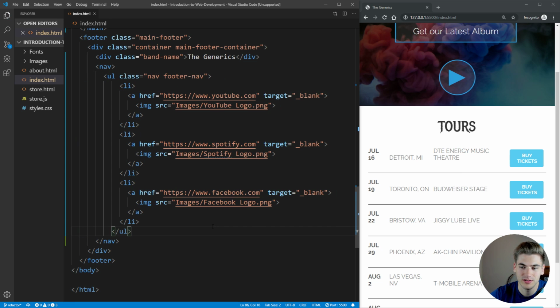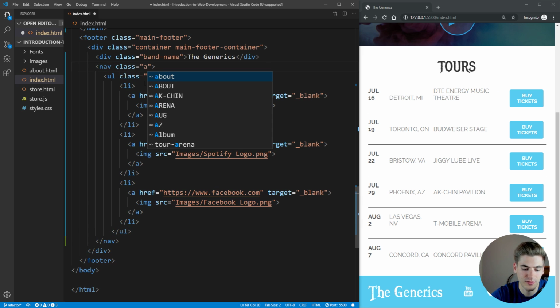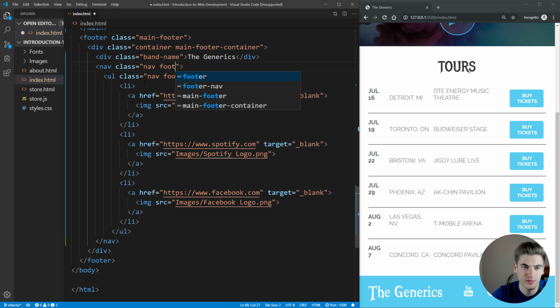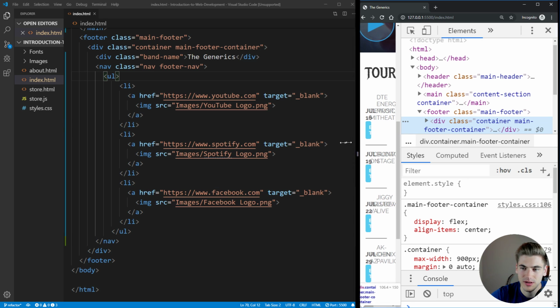Make sure that's styled, save it, make sure everything looks good. It's a little bit off. I think we need to just move our classes for nav and footer nav up into there. Can remove them from here. Okay, either way, this is not quite styled exactly the same as it was before, so let's just look and inspect this to see why. We can expand this out